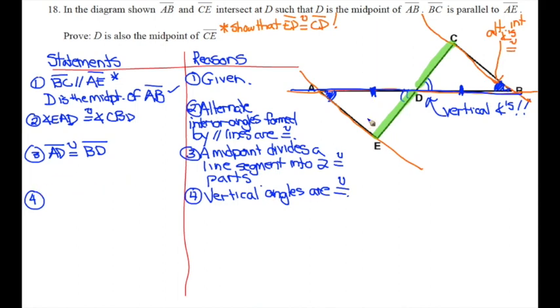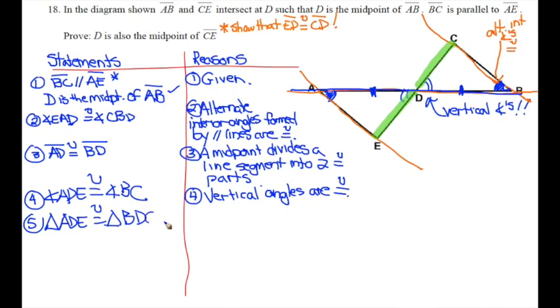So if I look closely at this image here, I've covered these two angles, I've covered a side, and I need to focus my attention on the vertical angles here. I've already written the reason, so I'm just going to say here that angle ADE is congruent to angle BDC because of the vertical angle theorem. Having done that, I've covered an angle, a side, and an angle on each of them. So I'm going to say that triangle ADE is congruent to the other triangle, which is